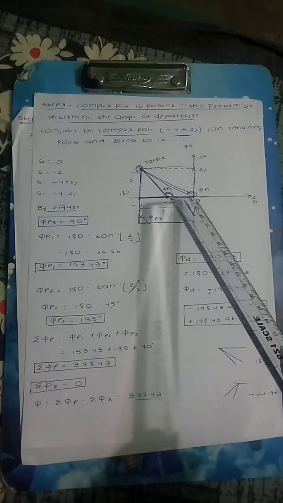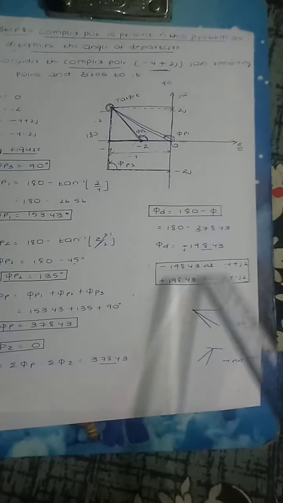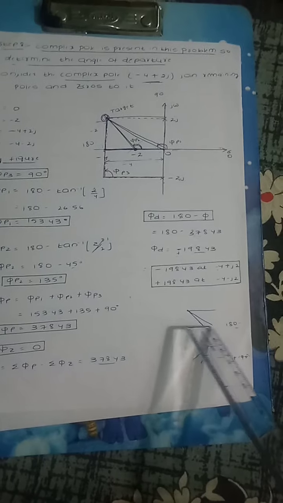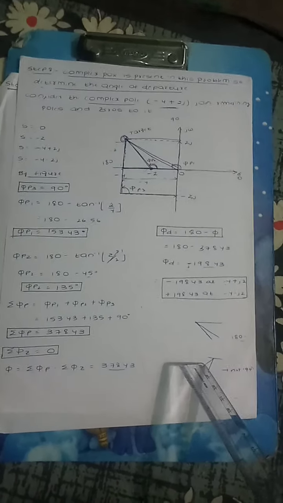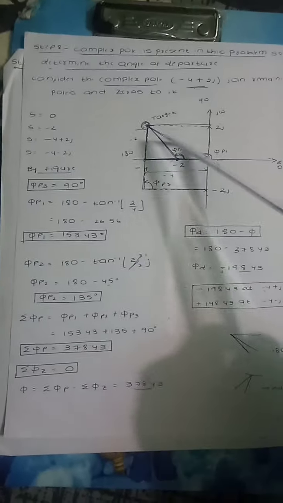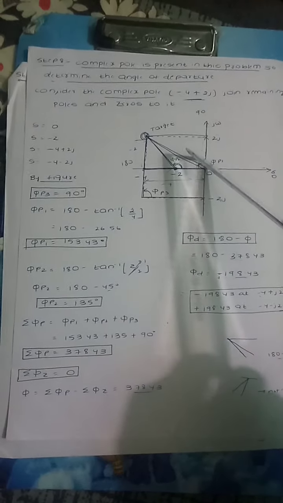As for phi p1, always keep in mind one thing: if the angles are coming like this, you have to take 180 minus tan theta. If it is coming like this, you can take it directly. It is a small hint for you to solve. If the curves or lines are like this, you can take 180 degrees. If the lines are like this, you can take only tan theta. So the line like this, that is phi p1, it is 180 minus tan theta.